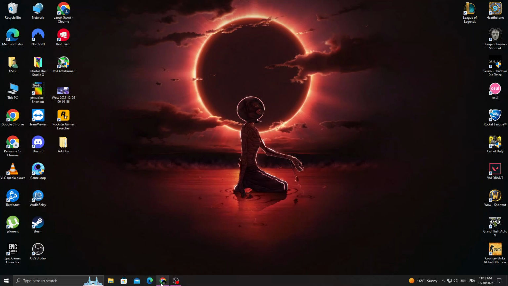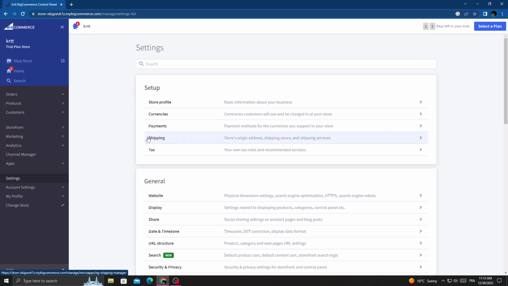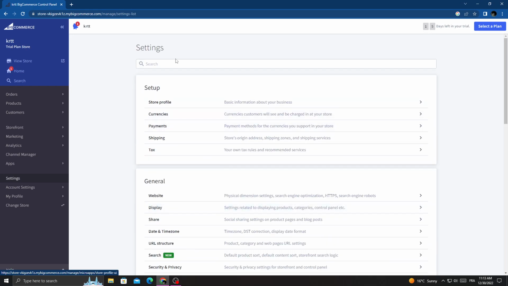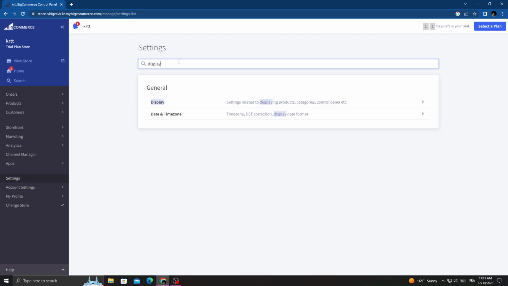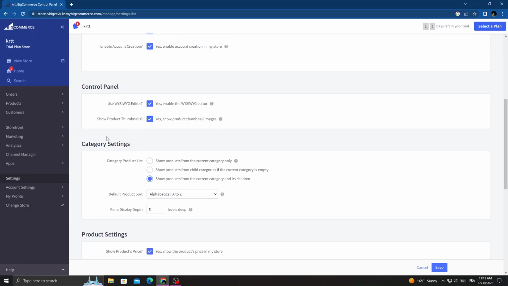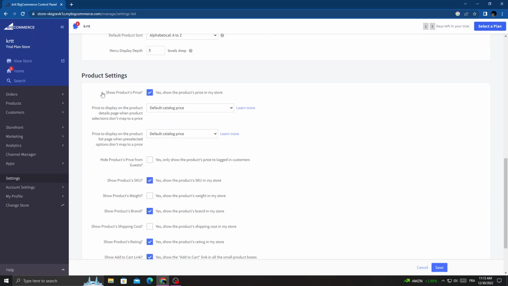First open your browser and then once you're here click settings, and then scroll down until you find display, or you can just type here display and then click on it, and that's it. Now scroll down until you find the product settings, and here you will find show products price,